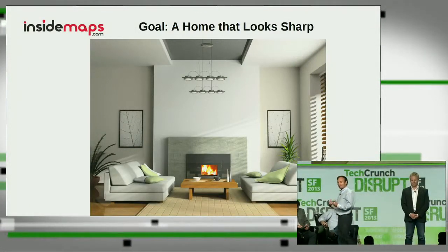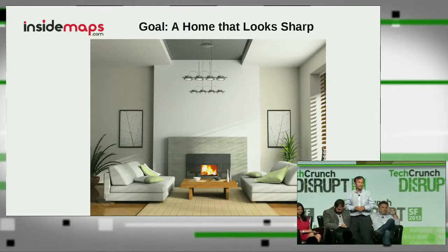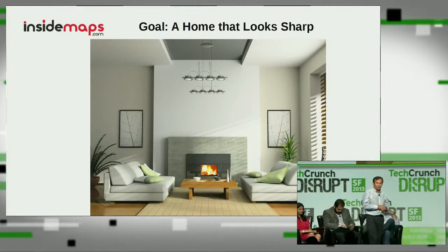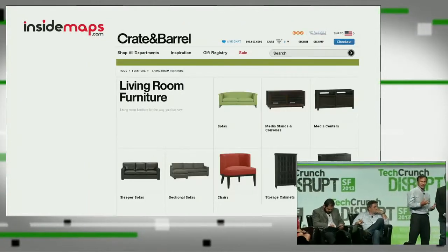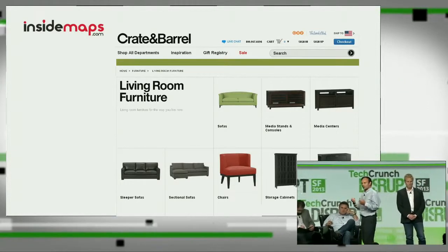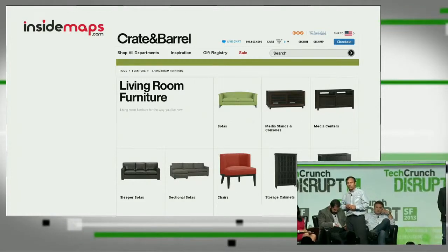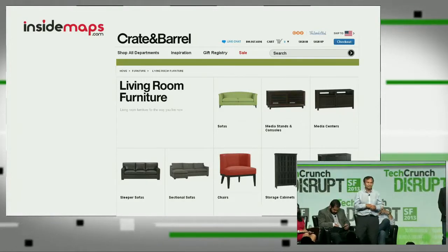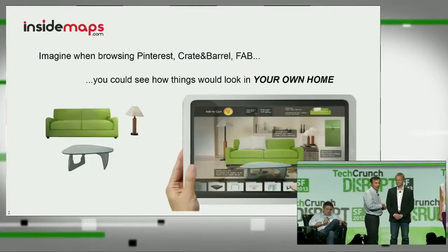I'm sure everybody here has shopped for home goods and probably online. Online because it's convenient and because there's a broad selection of goods. But there's a risk in shopping online. It's just hard to see how something that you choose online or even in a retail store will look in your own home. So imagine you're on Pinterest or Crate & Barrel